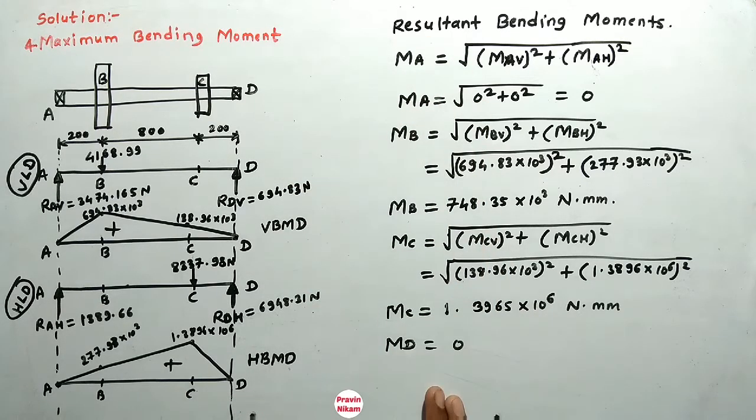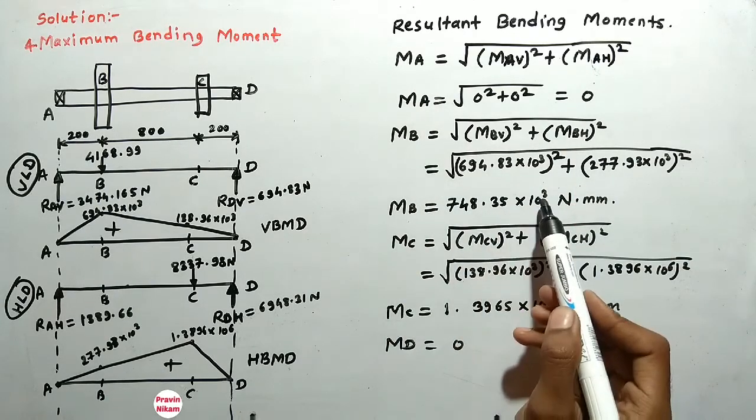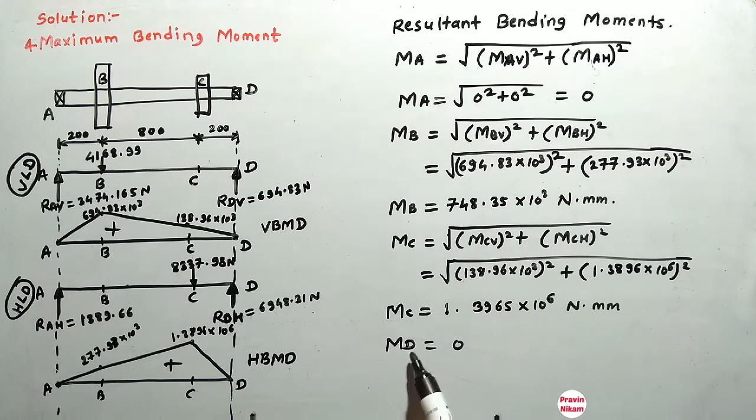So from all these values we can observe M_A is 0, M_B is 748.35 into 10 raised to 3, M_C is 1.3965 into 10 raised to 6, and M_D is 0. So which is the maximum bending moment? At point C there is a maximum bending moment. Therefore maximum bending moment